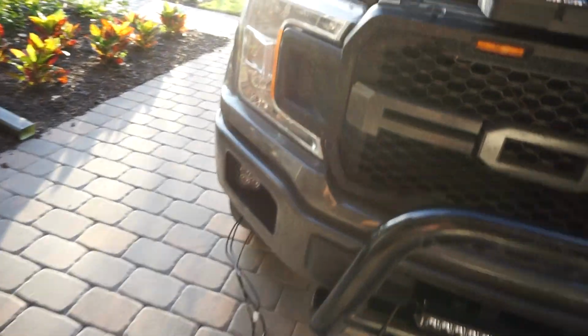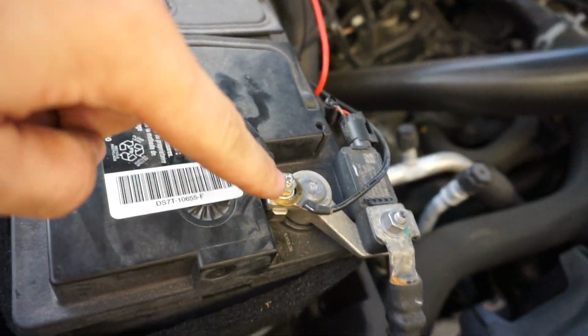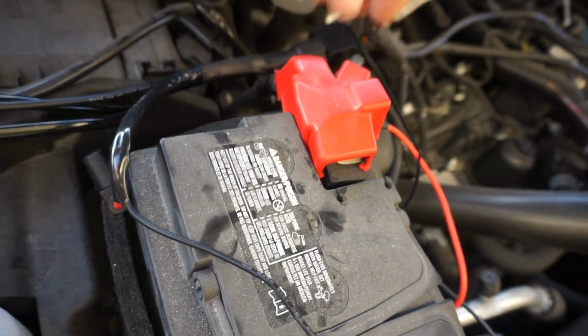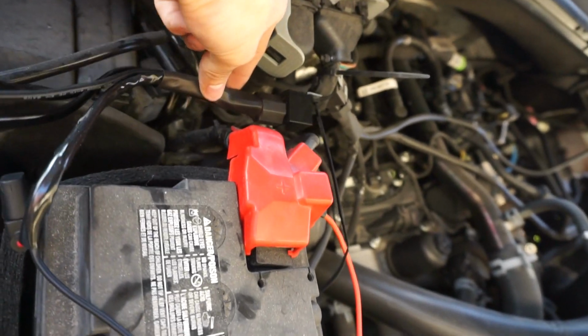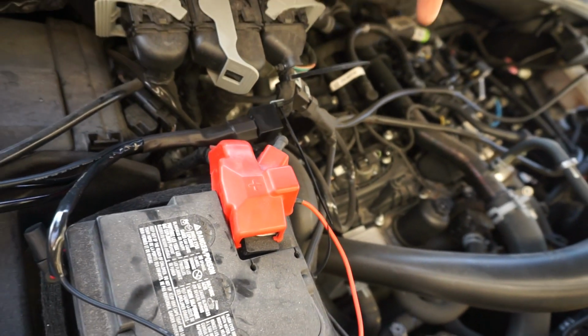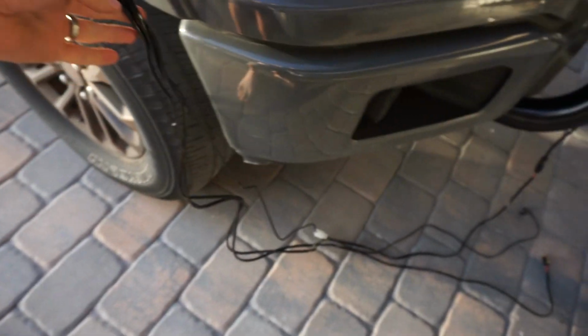The wiring portion is really, really simple, guys. I've got my ground over there. I've got my positive, obviously, on my positive. The relay, I just zip tied to this portion right here. I've got another relay zip tied over here as well already. One thing I will say, about the wiring harness that they sent me, you can see that the